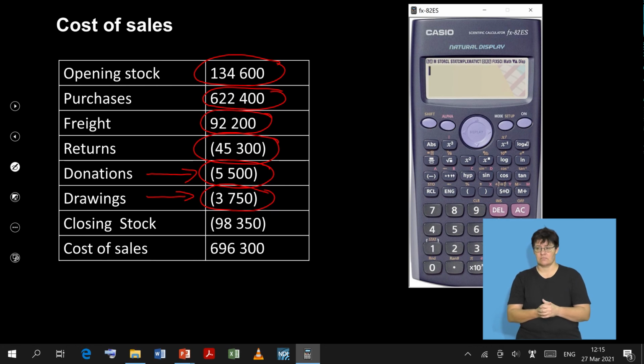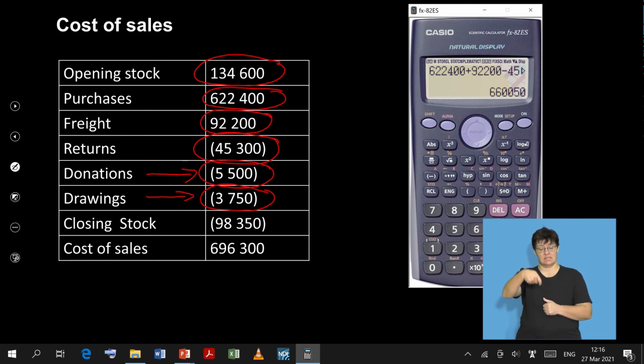We'll take our purchases figure of 622,400, right? Plus the freight of 92,200, right? Minus my return of 45,300, minus my donation of 5,500, minus my drawings of 3,750, and this will then give me a figure of